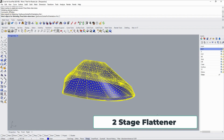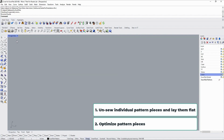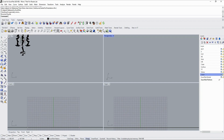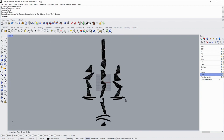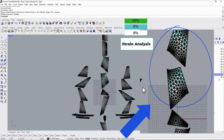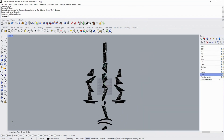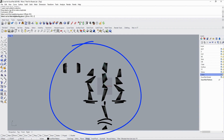ExactFlat is a two-stage flattener. The first step is to unsew individual pattern pieces from the 3D model and lay them flat. These initial pattern pieces will be perfect if they are developable surfaces. If not, they will need to be optimized by reducing or eliminating any strain or sag. This boat canvas model has a mix of developable and non-developable surfaces, so we'll just optimize all of the pattern